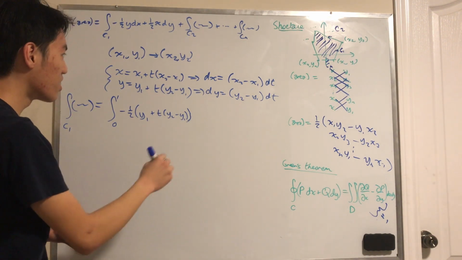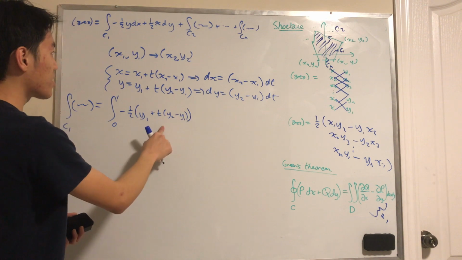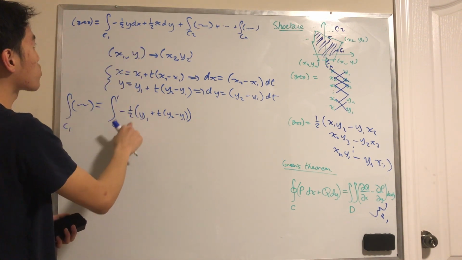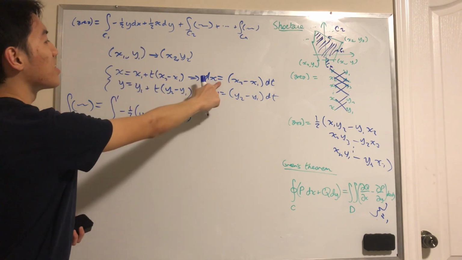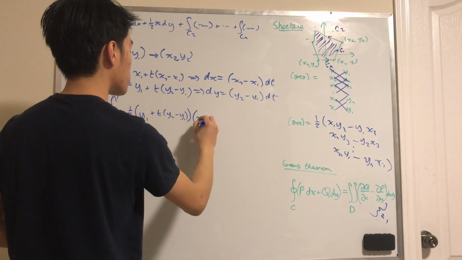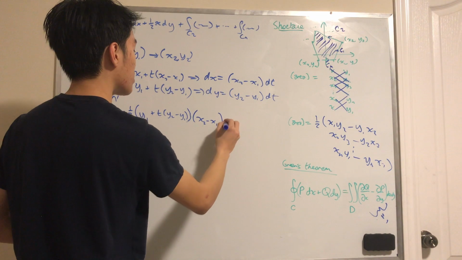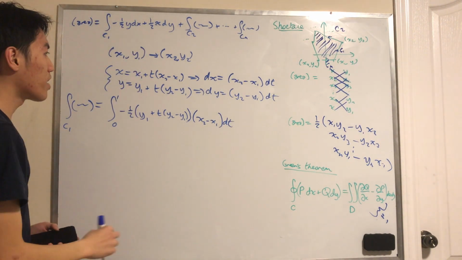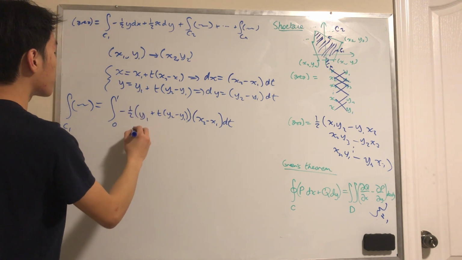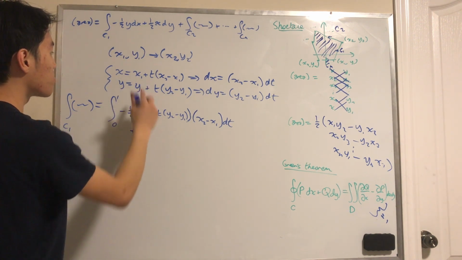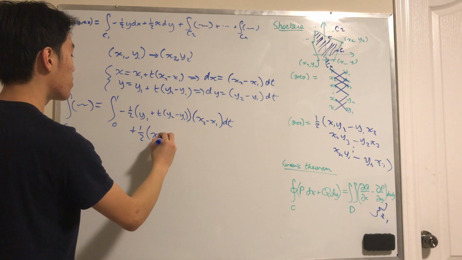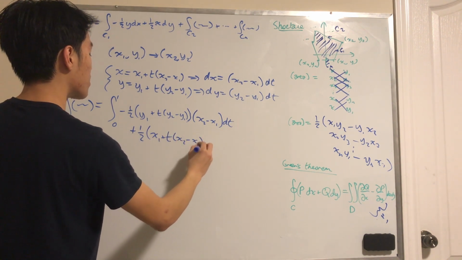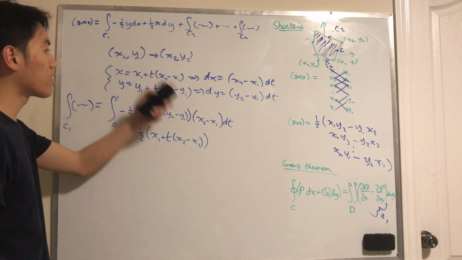We have our y substituted, so minus 1/2 y, and then dx is x2 minus x1 dt, and the next part is 1/2 x dy. So 1/2 times x, which by our parametrization is x1 plus the vector that connects the two points, and then dy, which is